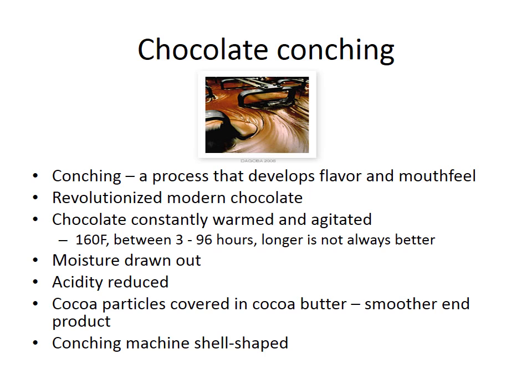So it really revolutionized the way that chocolate is tasted. It revolutionized the way that chocolate is prepared. It can go between 3 and 96 hours in these machines, and now they don't look like conch shells very much anymore. They just look like large vats, and if you can see the picture, these little wands that go down in it are going in kind of a spiral motion, and they're heated, and they're just gently moving this chocolate around, allowing the acids to dissipate and allowing everything to be covered with the cocoa butter, and it smooths